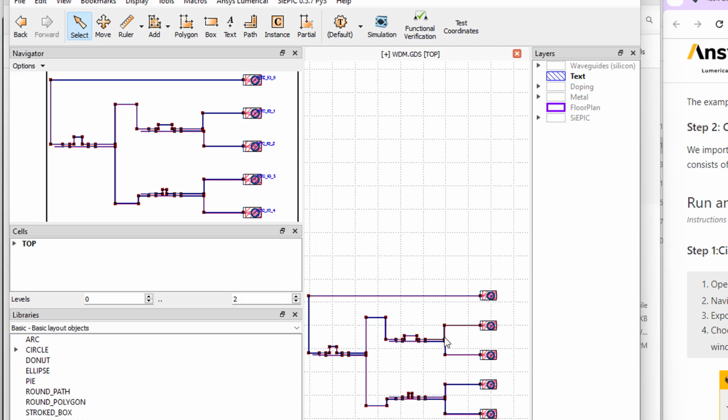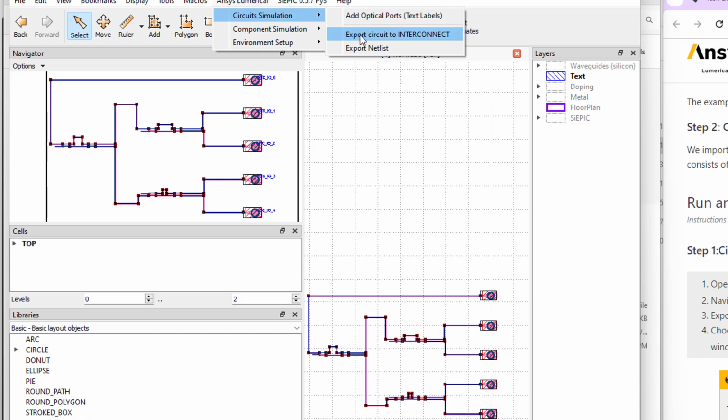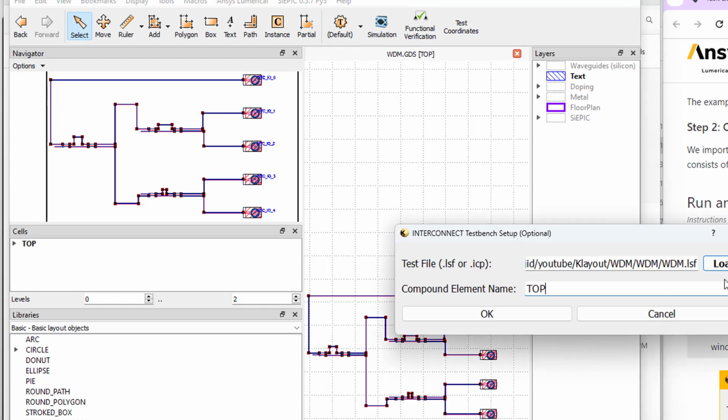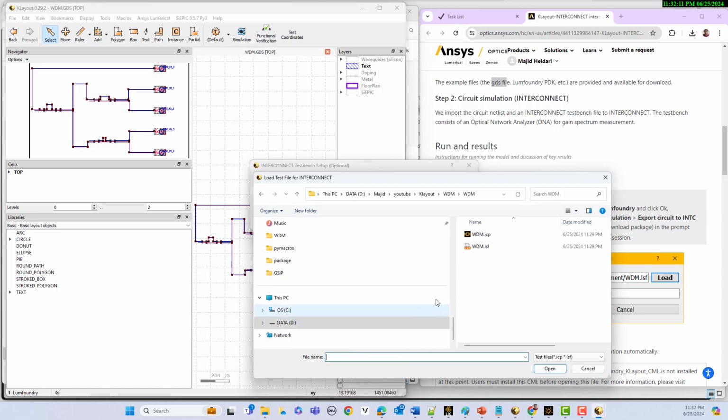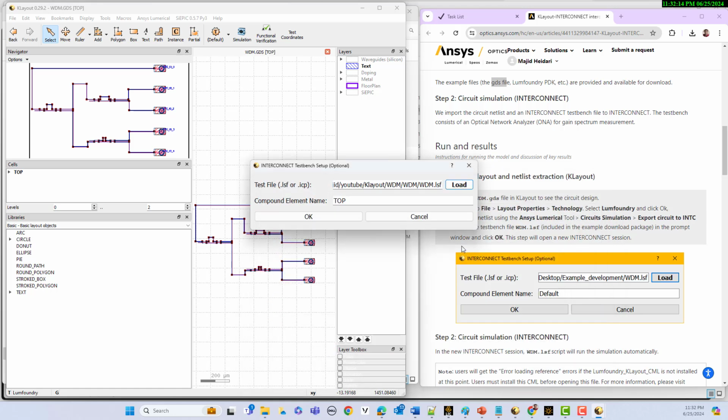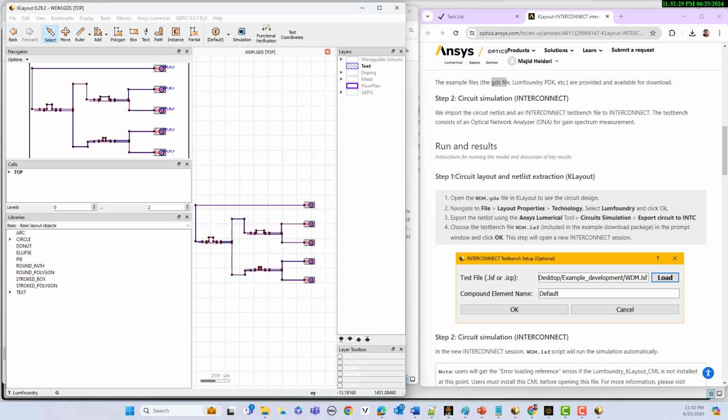In the next step, we need to go to the Ansys Lumerical circuit simulation, export circuit to the netlist. You can see that we can load the WDM.lsf that exists in the folder that you downloaded. So I put the name as top, and then I will click OK. After I clicked OK,